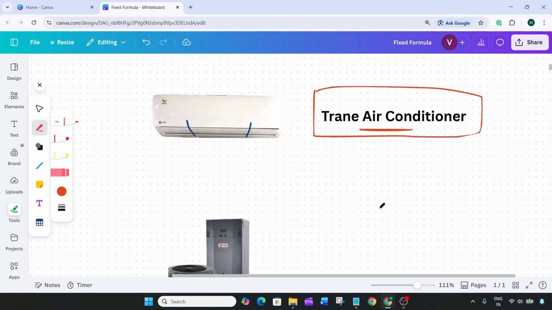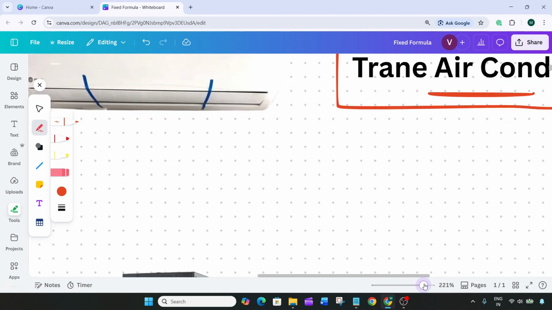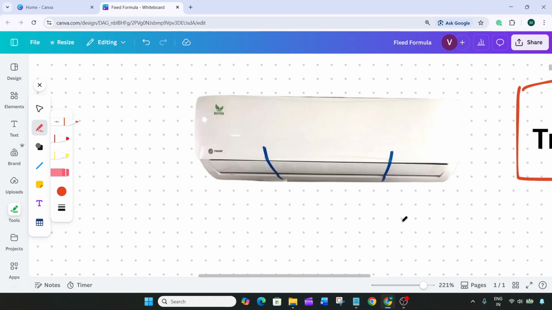When your Trane air conditioner shows error codes or starts acting up, a simple reset can often clear minor glitches caused by power interruptions or sensor misreads. Most Trane units don't have a dedicated reset button, so the safest and most effective method is a power reset